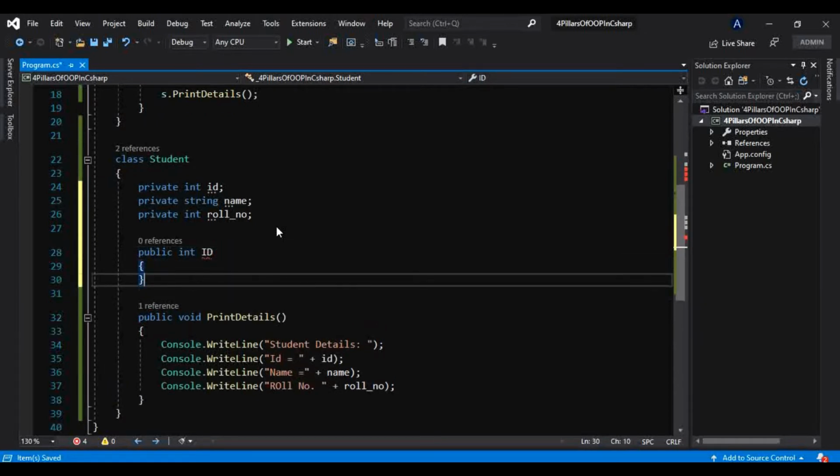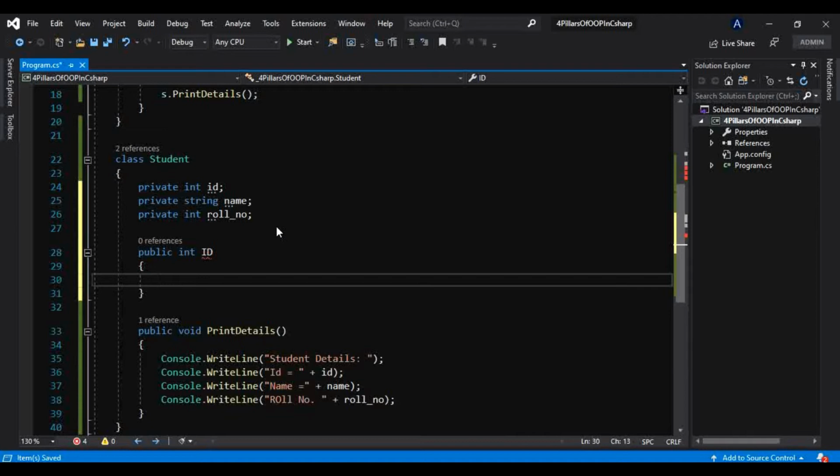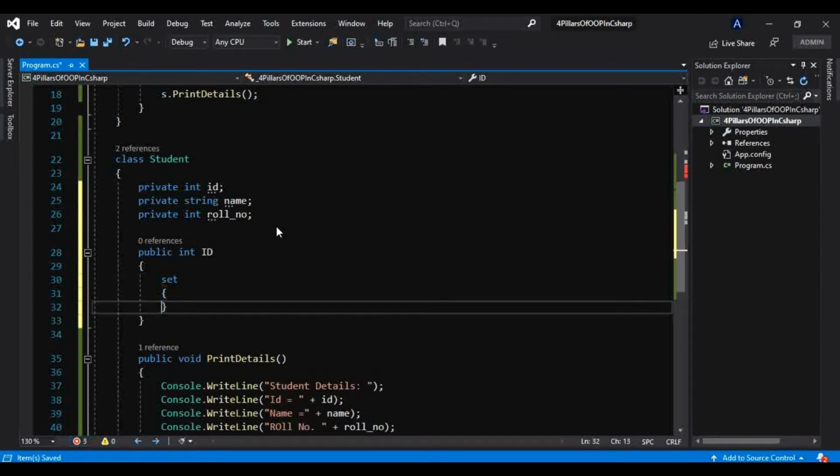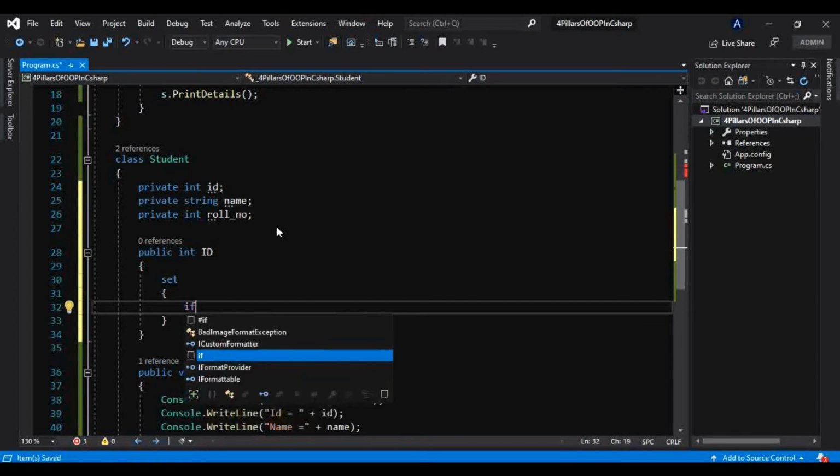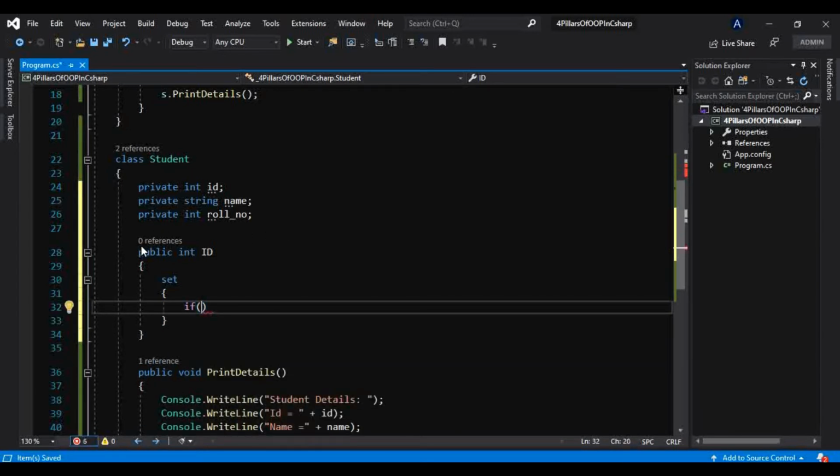Inside these properties we know we can take a get and a set accessor, and we have learned that in a previous tutorial. I am repeating this again and again. I will not explain how these properties work, but I will only show how these properties are a good example of encapsulation. Now in a set accessor we can have conditions like this. I will show only one field, since we have already learned properties in a previous tutorial.